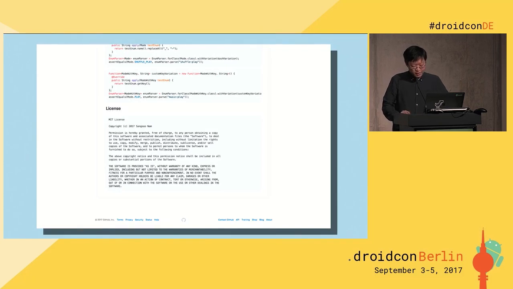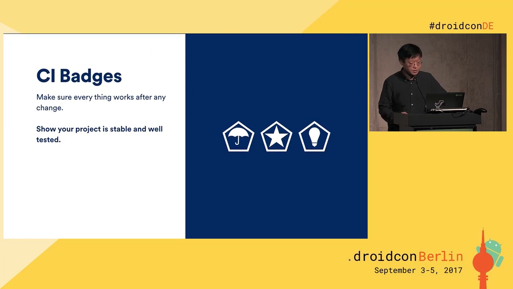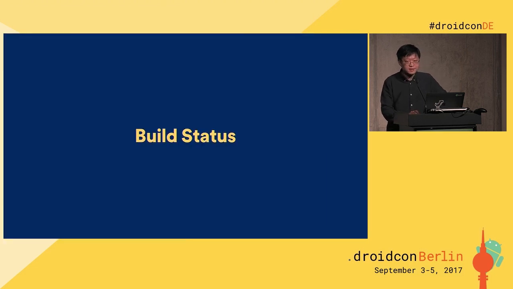This looks good, but I think that this can be much better with continuous integration badges. Sometimes you can push the code without testing or building other things. In that case, the master can be broken. And other people can download the full code, but they have no idea why this is broken. And with the continuous integration tools, you can show whether the master is currently building successfully or not. And moreover, you can also show the test coverage. So let's try to add the build state badge first.